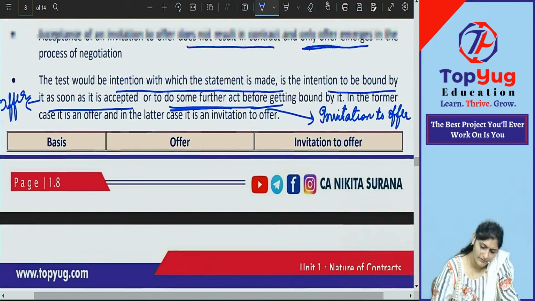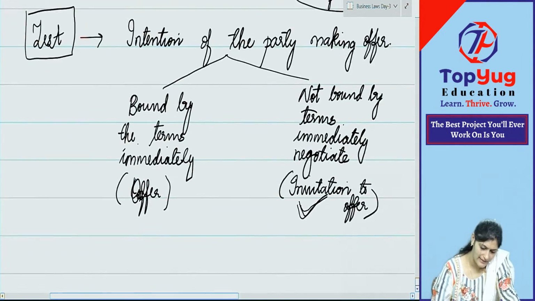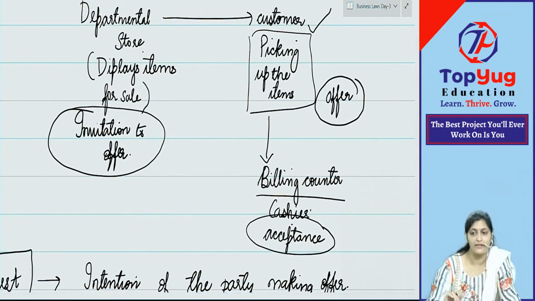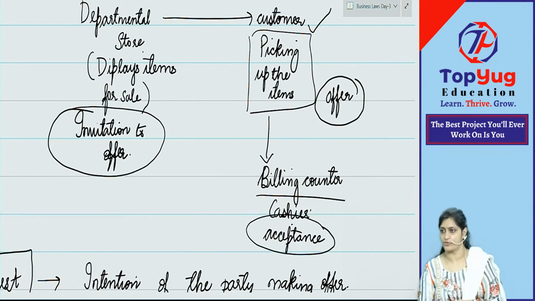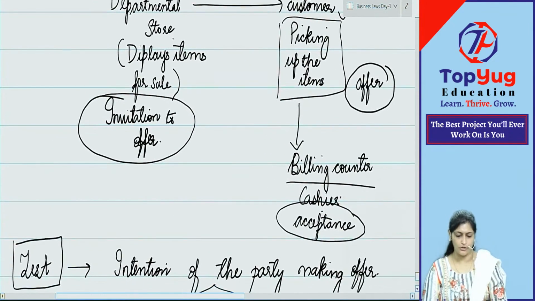Okay, we'll do one thing. Differences we'll do tomorrow. Why? Because I want you to read and tell me the differences by yourself tomorrow. So you're going to read and tell me the differences. If you did not write the examples, please write the example also. Tomorrow, with differences, again I'll give you one or two examples so that this is very clear with you. Did you write the example, everybody? Departmental store one, or the test also, you write again.